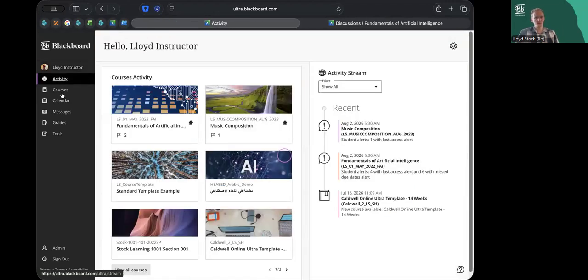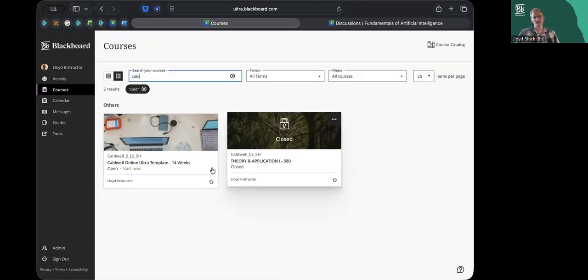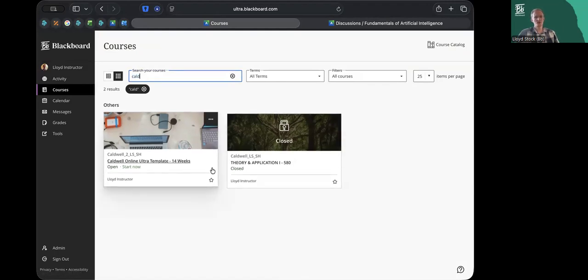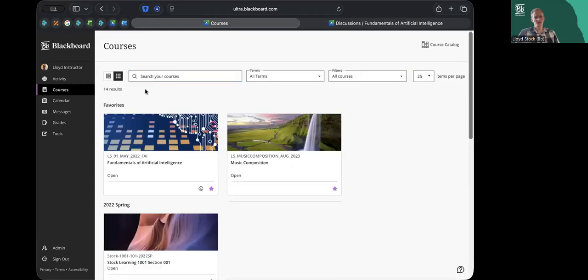We have the activity stream, which I'll come back to in a little while. We have the courses page, which is where at the moment I'm searching and filtering against this string of text here, so that we're just looking at the courses that I'm going to be focusing on with you today. But as you know, courses, we remove that filter. Courses are organized by terms. They're organized by different years, and so you can quite easily find the course that you're looking for in this list,